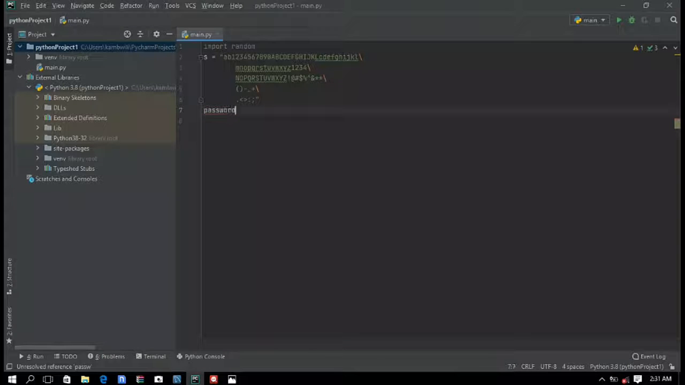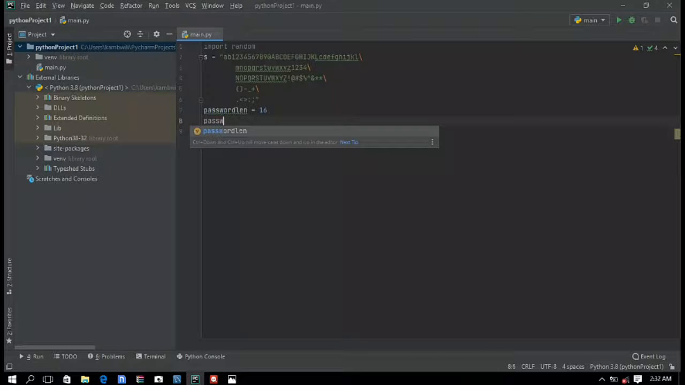password length is equal to 16, and then I'm going to click on enter. Then I'm going to write password is equal to